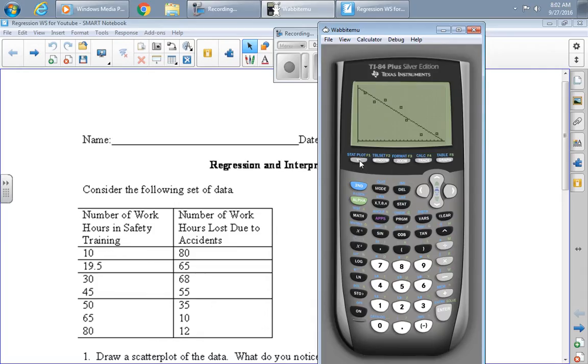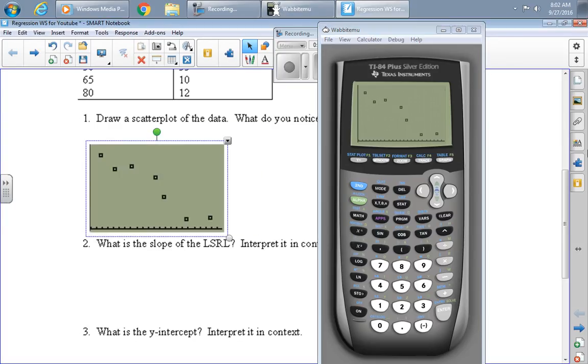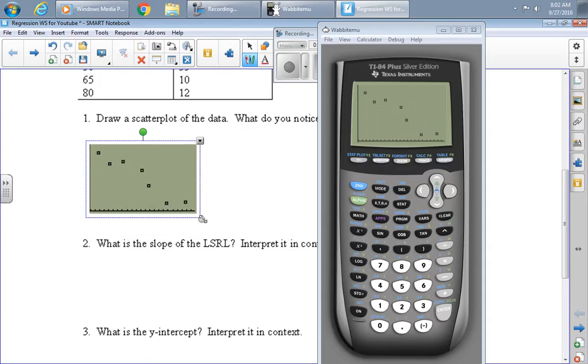And you see my line is already on there. Let me take that off. So here's what it's going to look like. It's convenient when you can do it this way. And then I of course need to put a scale and a label and a title on there. And so I know that down here I have hours trained, and over here I have hours lost. And this is safety